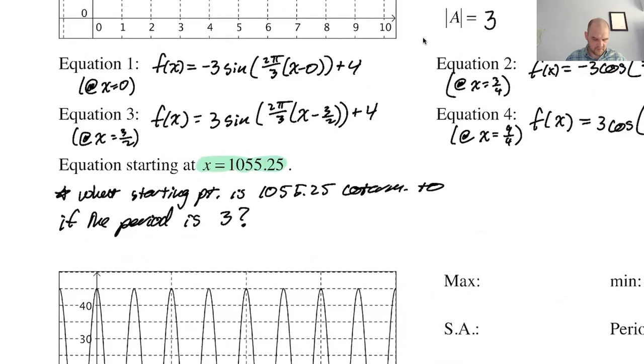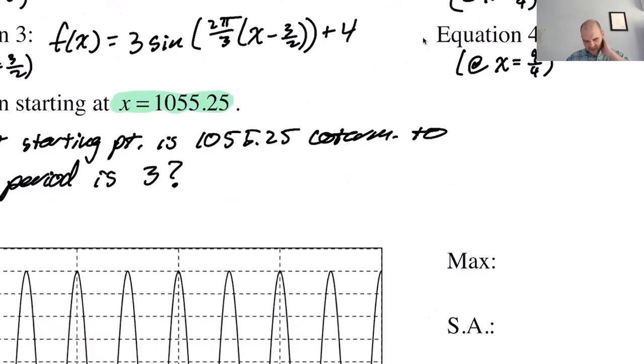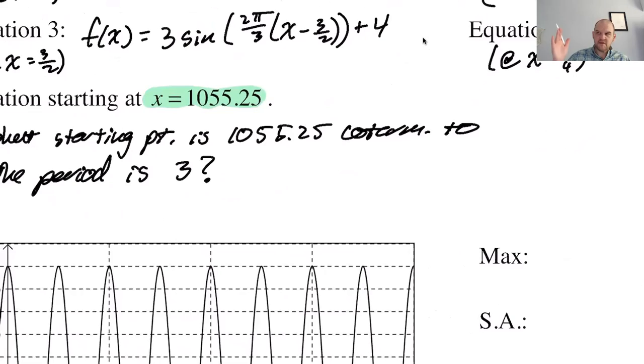So say that that's coterminal to 3/2, right? If that's coterminal to 3/2, which it's almost certainly not because it ends in 0.25, but who knows? If it was coterminal to 3/2, we would know it's a positive sine graph, because at 3/2 we get a positive sine graph. If it's coterminal to 3/4, then we know it's a negative cosine, because at 3/4 we get a negative cosine. So we just have to figure out what this is coterminal to. Is there a tricky way we could do this? I think maybe if you think about multiples of 3, the sum of the digits must be divisible by 3,